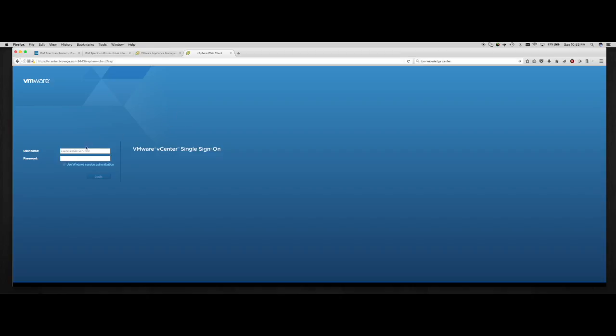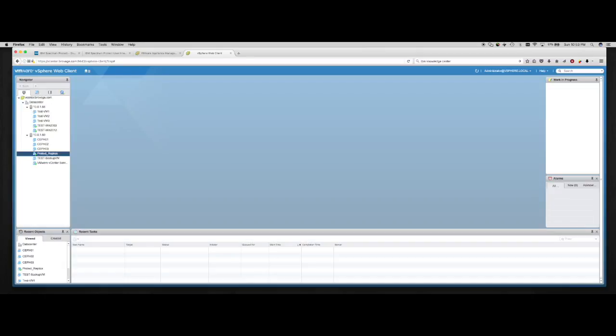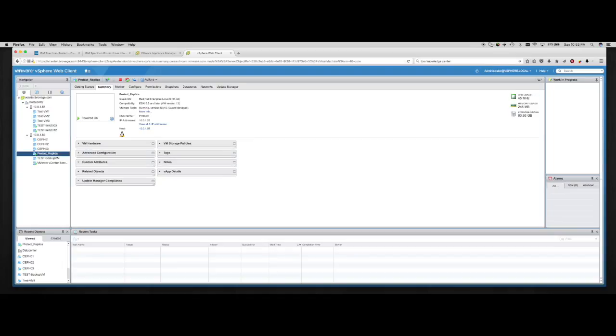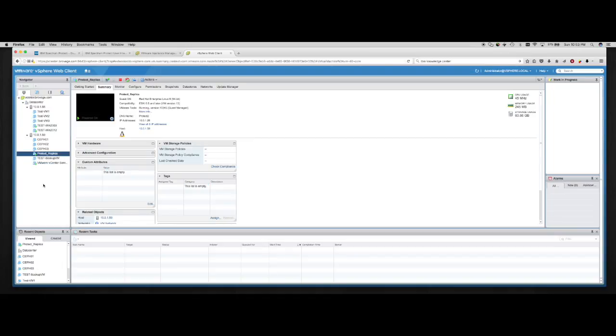So in our vSphere web client, we're going to log in. There we go. And we're in vSphere web client. So from here, we can go up to our little home icon, and look at down here, we